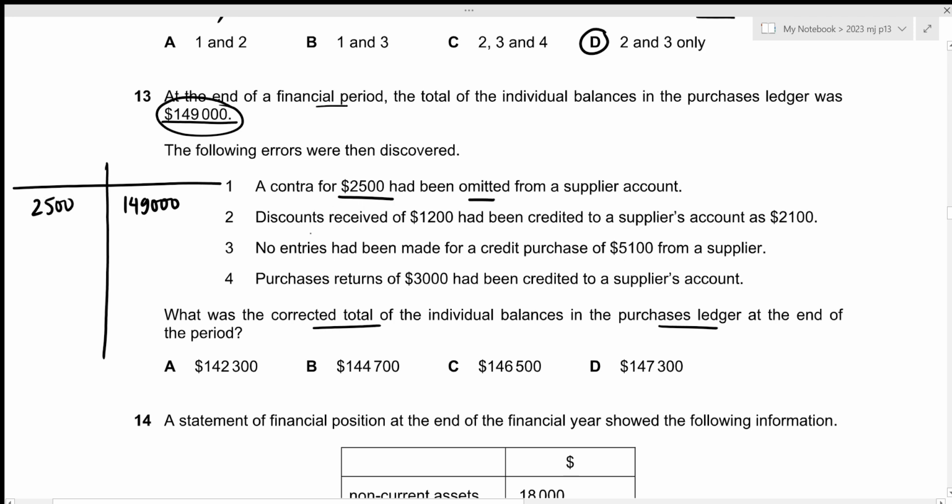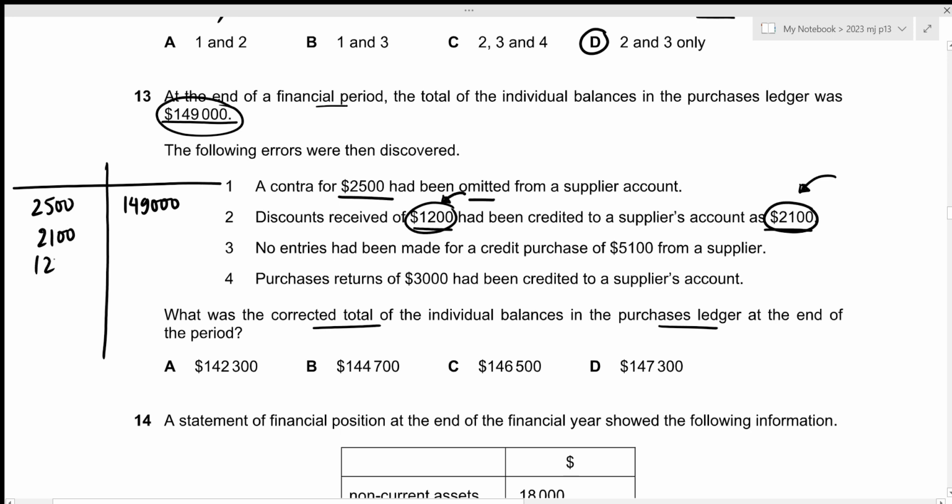Then discounts received of 1200 had been credited to a supplier's account as 2100. So instead of showing 1200 as part of our discount received, we included 2100 as part of our credit purchases. So first of all, we need to reduce our credit purchases by 2100. And remember that the credit purchases will be recorded on the credit side, which means that we need to subtract or include this 2100 on the debit side so that it's subtracted properly. Then we also need to show 1200 as part of our discounts received, which will be recorded on the debit